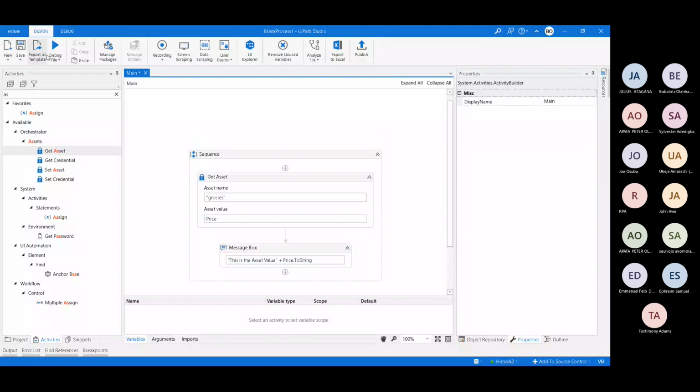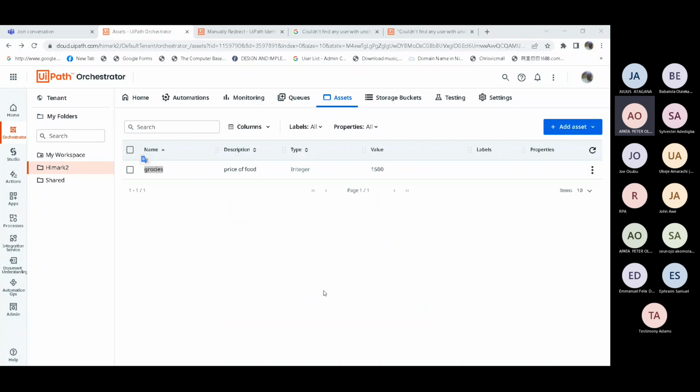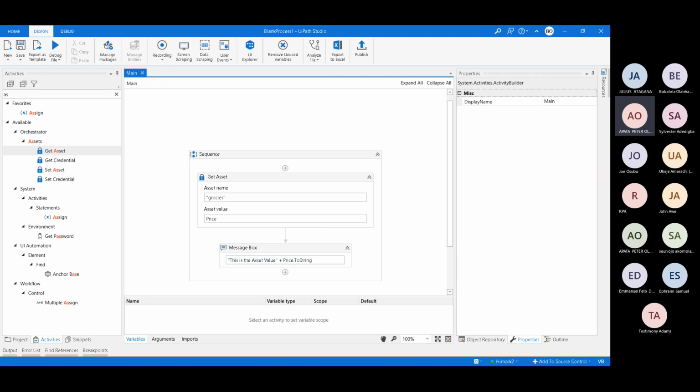Now, it's a good practice that when you develop code, you first run it in your studio to see that your result is showing you what you want before you actually publish it. Okay, so it's working. So let's publish it and run it from the orchestrator.